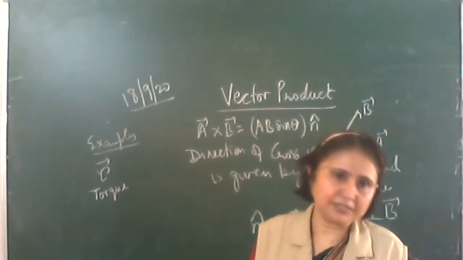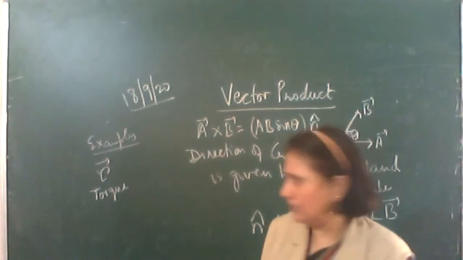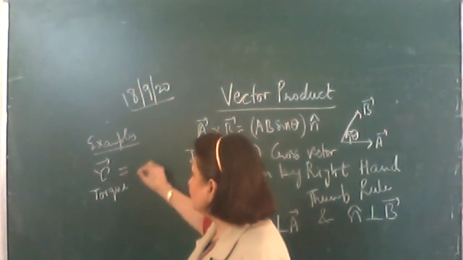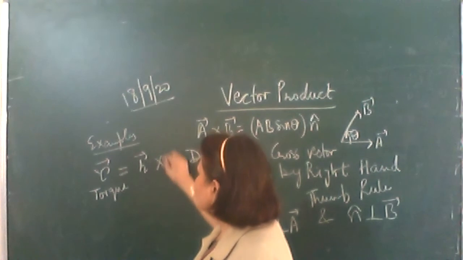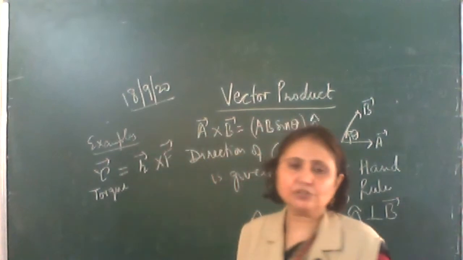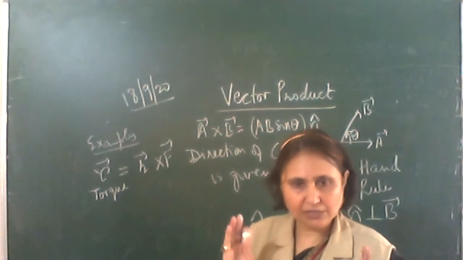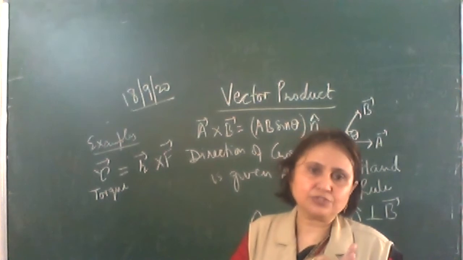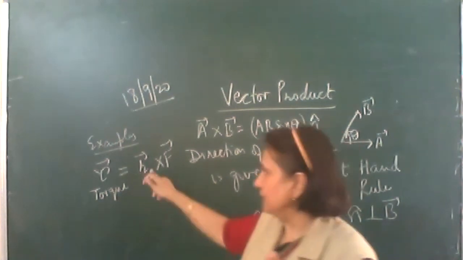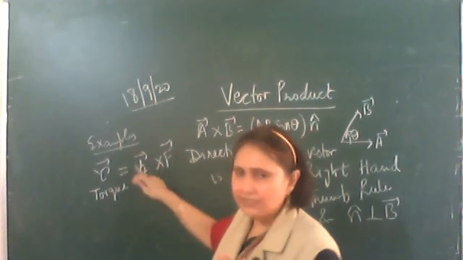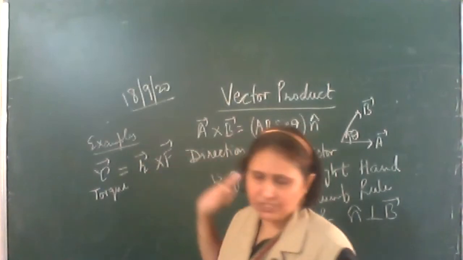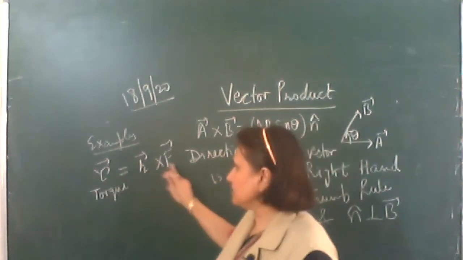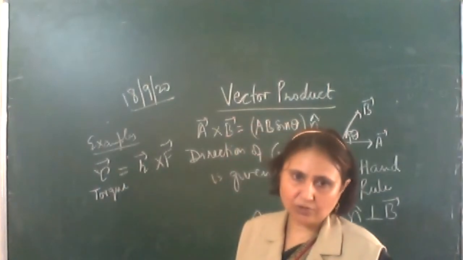Okay, one full chapter is there, rotational motion. There we'll study in detail. Only the name of the term, torque, is equal to R cross F vector, the position vector cross the force vector. When you are opening the door, the distance from the hinge, from where the door rotates, to where you are applying the force, that distance is R. Later on we'll study position vector. So R cross F vector gives the torque. Two vectors are multiplied and the product is a vector quantity.